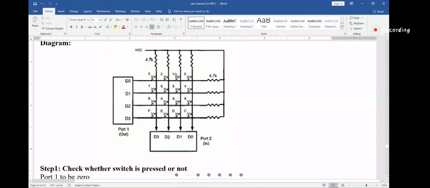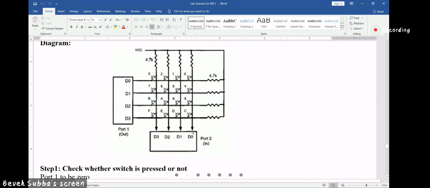But our main focus is within this part. The 4 columns are connected to port number 2, which acts like an input port. And the rows are connected to port number 1, as we have seen in the diagram, and this will act like an output port. So directly it will be going to port number 1 of 8051.